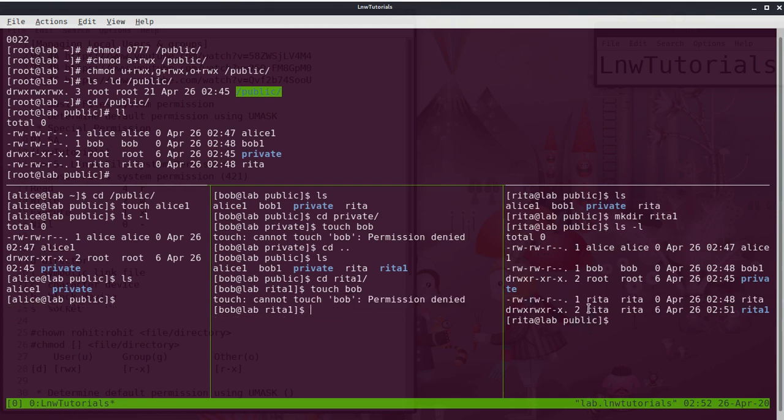As you can see, the Rita directory has permission 7 for the user and for the group, but for others it is only read and execute. That's why Bob is able to get inside the Rita folder.